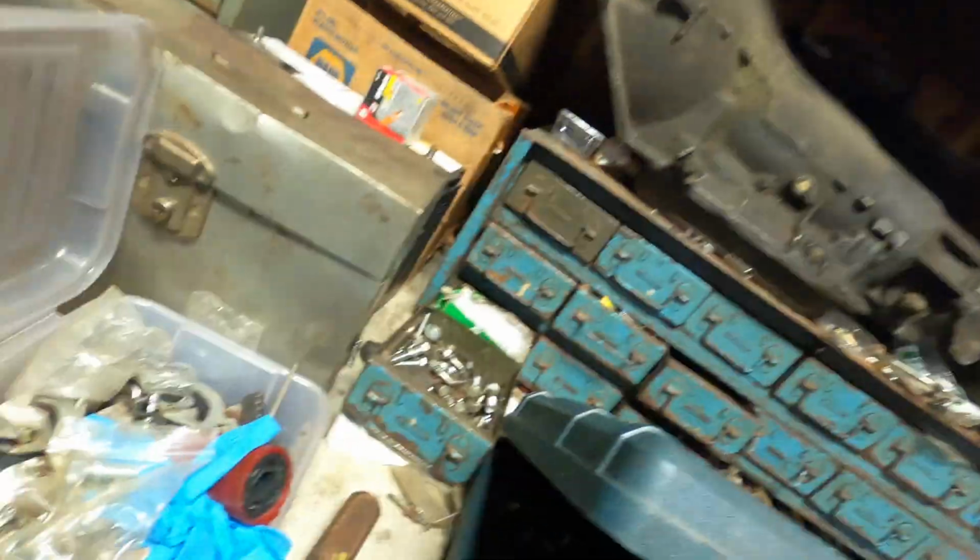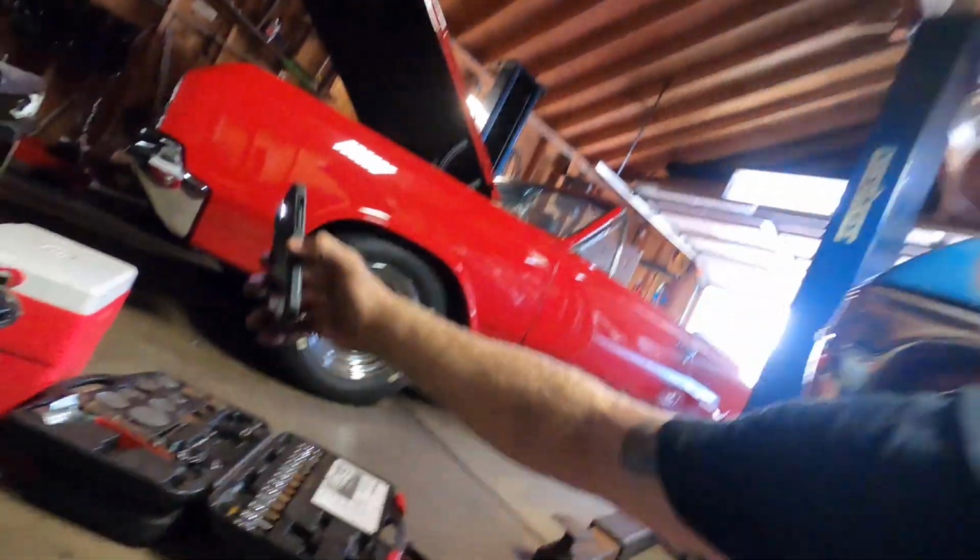So I crawl back under here. I gotta get this ground on this fuel pump and stuff, tank or whatever. So I got that line there done and that line up there, which was a waste of time because that's not actually the feed line. I thought it was, but it's not, because I blew some air through there, some brake cleaner to try to clean whatever junk may be in there. So I got that all hooked up to the tank. I had to drop this like twice. Ugh. So that was an episode. Anyway,